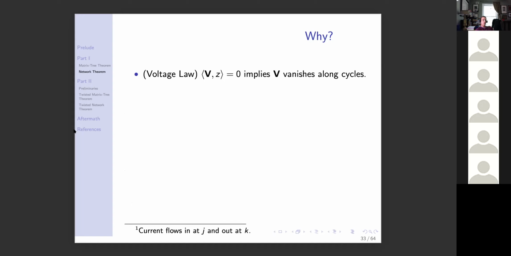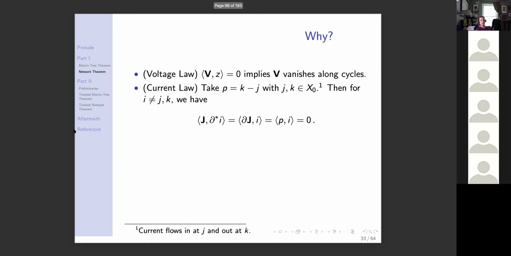Let me explain why this is equivalent. The voltage law says that V vanishes along cycles in the graph. The current law is a slight generalization of what Kirchhoff did, because we're going to take P equal to K minus J, where J and K are vertices. That's in the image of the boundary operator. We saw in the proof of my first lemma that K minus J is a boundary of something. This should be interpreted as current flowing into the circuit at node J and out at node K. Then for I not equal to J or K,